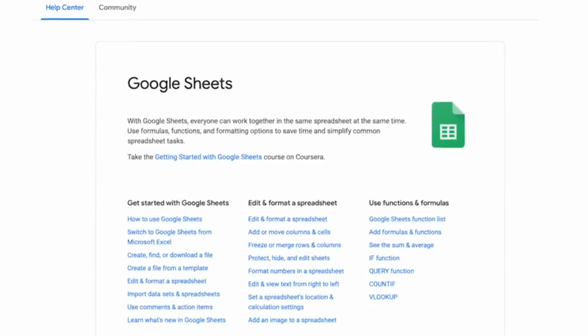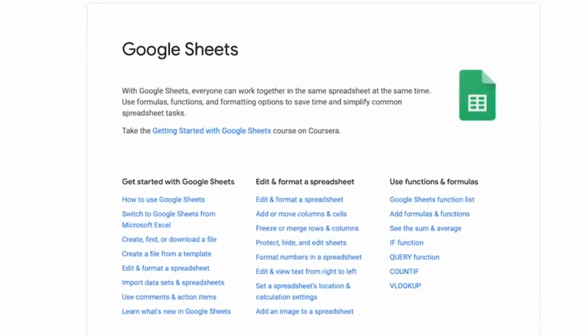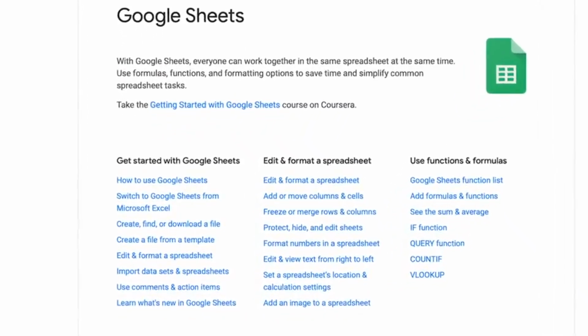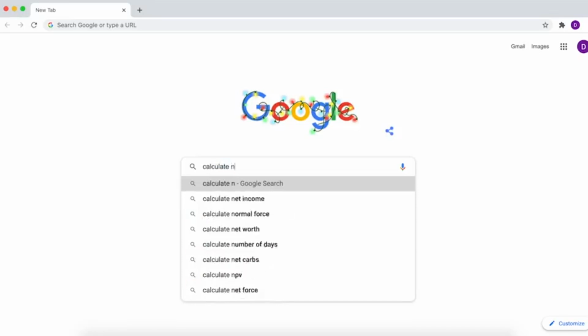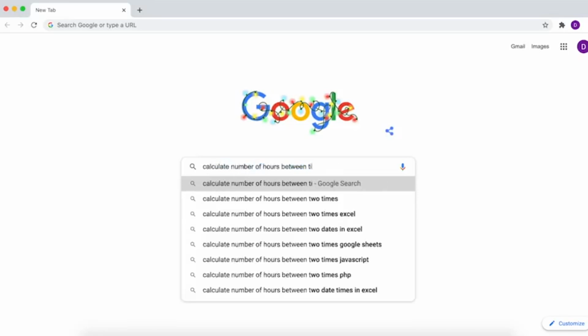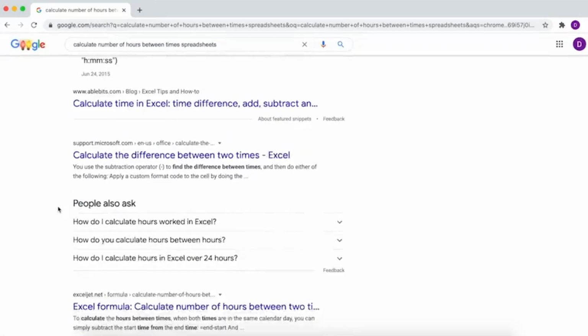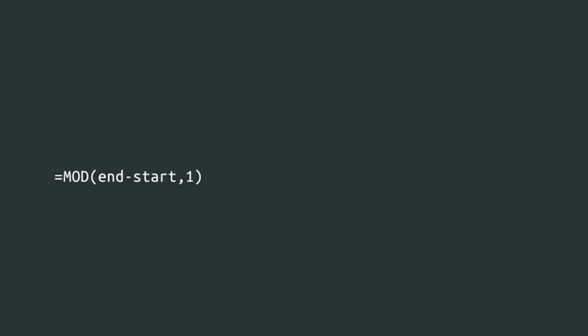Now, it's also possible that your team members don't have an answer. That's okay too. There's definitely someone else with the same problem asking the same questions online. Knowing how to find solutions online is an incredibly valuable problem-solving tool for data analysis. There's also all kinds of forums where spreadsheet users can ask questions, and you never know what you can turn up with just a basic search. For example, let's say you look at calculate number of hours between times spreadsheets and find a helpful walkthrough for a more complicated formula using mod. This flips the negative values into positive ones, solving your calculation problem.